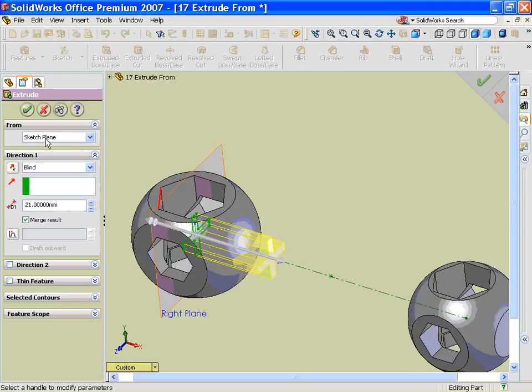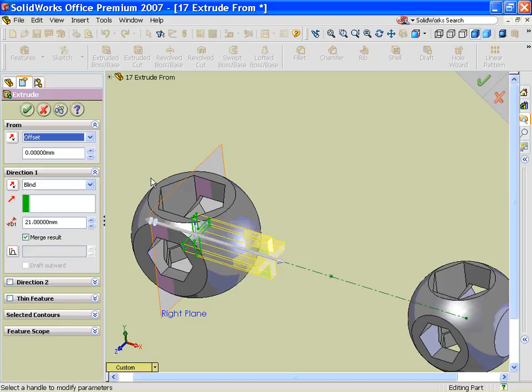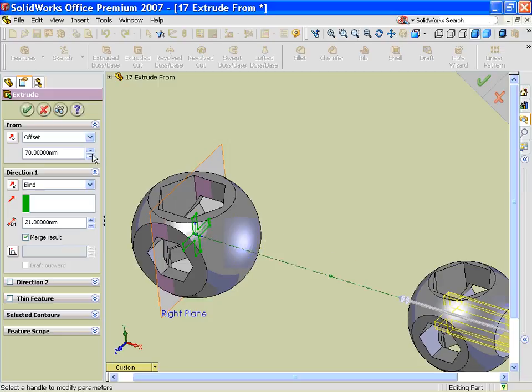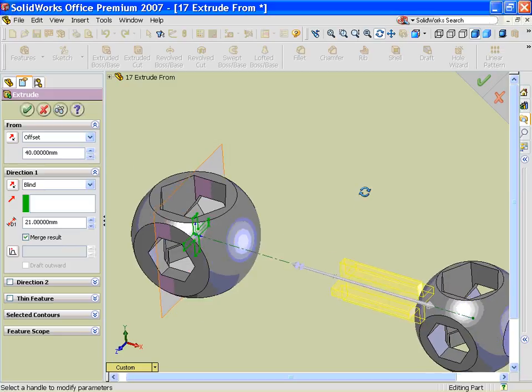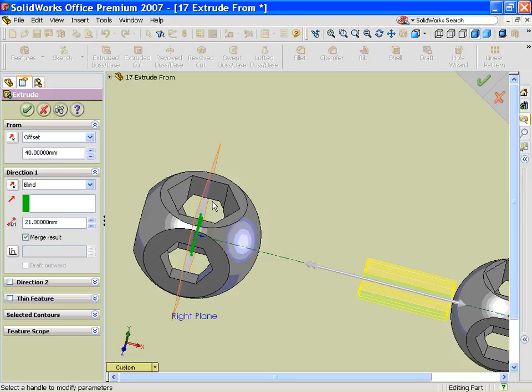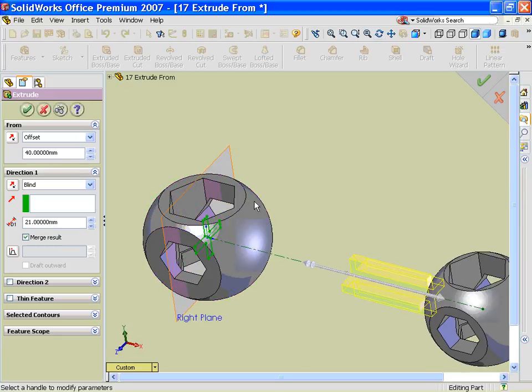I can specify from a location. Here I could specify from an offset, which would enable me to start my extrusion out here, even though my sketch is back here. The whole point of doing this is that we could sketch under the standard three planes, or a set of planes that are at the very beginning of our tree that will never be deleted or moved. And from there we can make our extrusions, our cuts, being able to delete anything in the tree and still